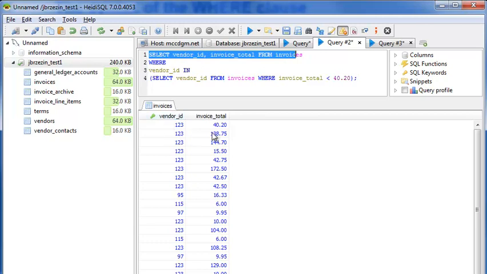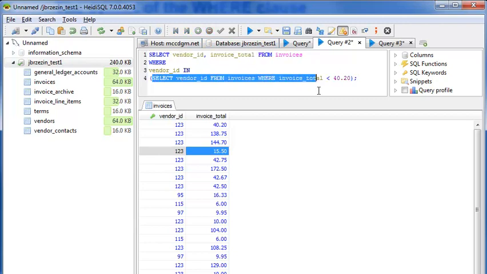So the same vendor might have higher transactions, lower transactions. That is something that we were interested in. So maybe the business logic was, okay, well, let's take a look at vendors and let's see how these vendors that have smaller invoices are doing with the bigger invoices or something like that. So this is a powerful statement that is enabling us to